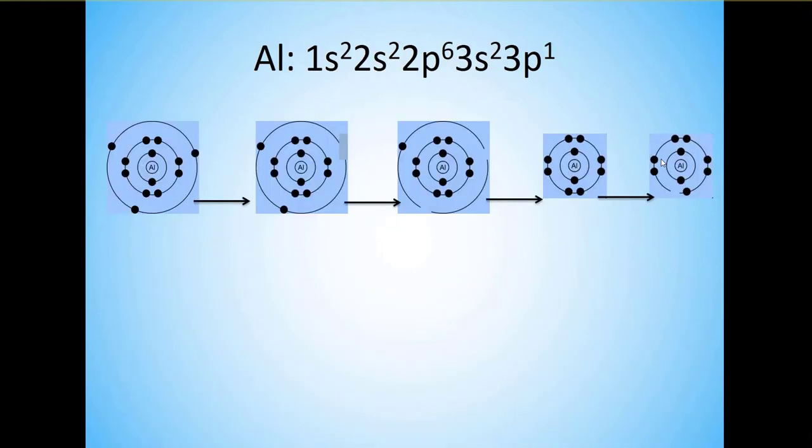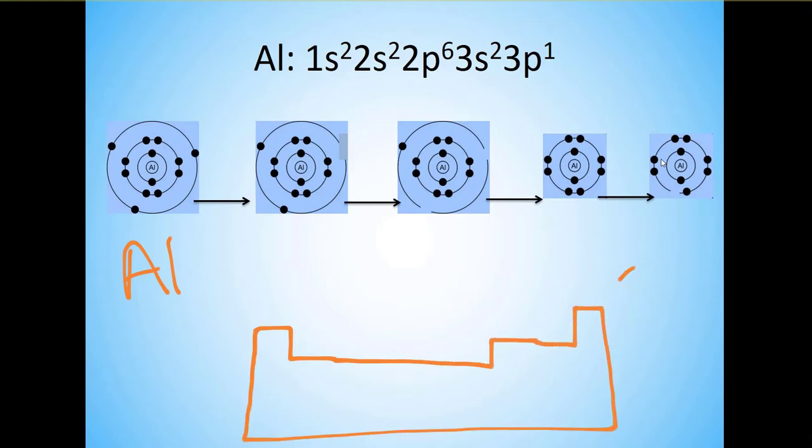So let's look at aluminum and let's take off an electron one at a time from the atom. So let's start with this first picture here. So we have aluminum. It has 3 valence electrons. So when you look on the periodic table,